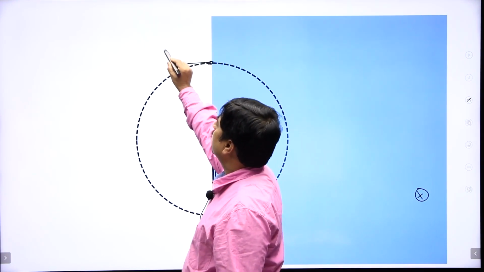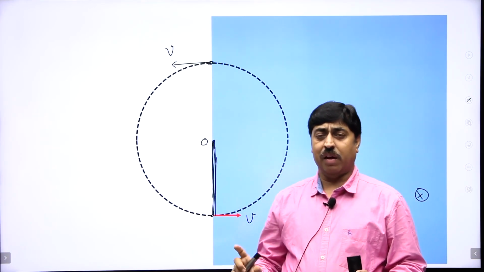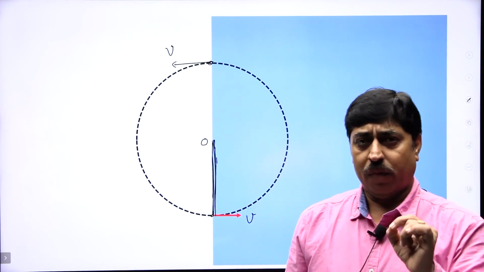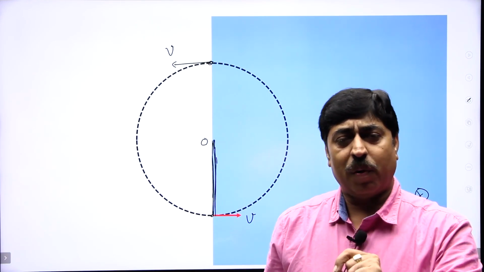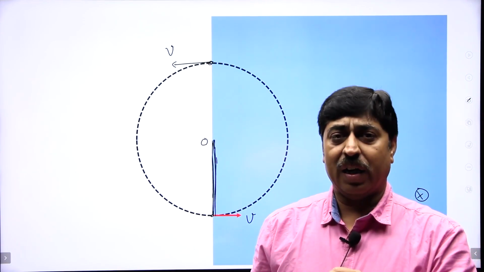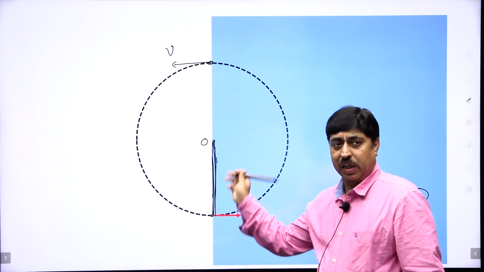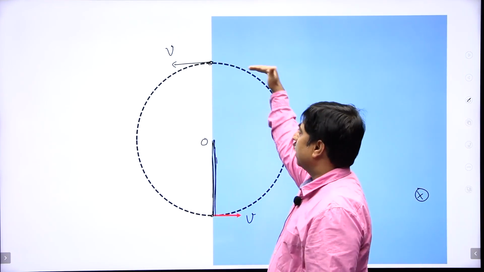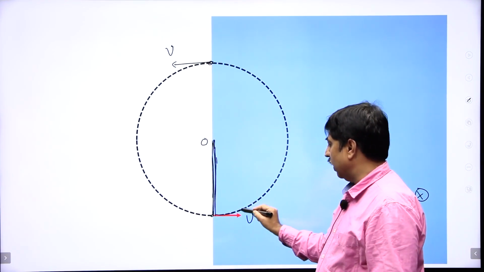At this particular point, its velocity is directed towards the left. In a magnetic field, force is always perpendicular to velocity, so the power of the force is always 0. Magnetic force will not perform any work on this moving charge. Therefore, the kinetic energy, that is the speed of the particle, never changes. So, if it is 10 meter per second, here also it is 10 meter per second. The only thing that has happened is the direction of velocity has changed. So, the particle will continue to move on this circular path,